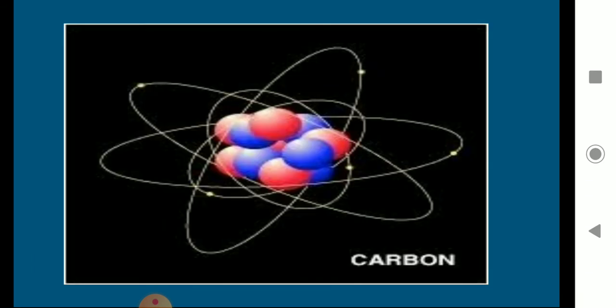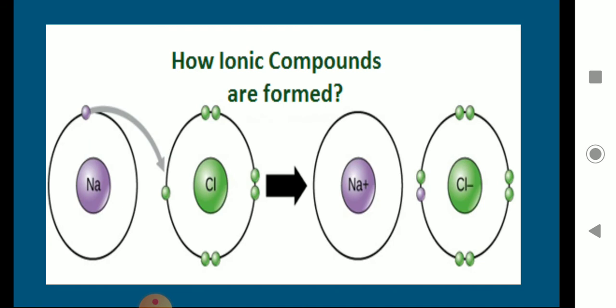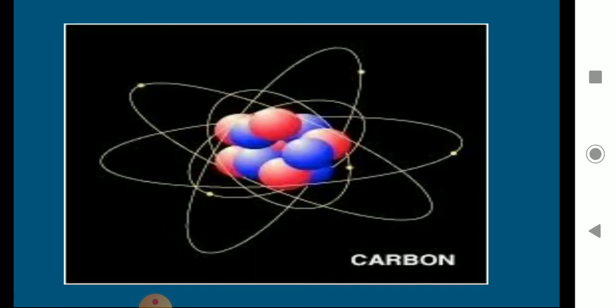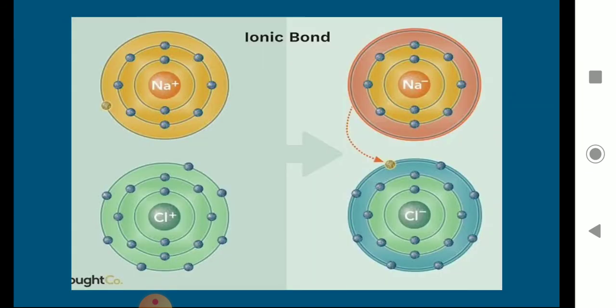Now this is a carbon atom, to show how the electrons are surrounding it. You could see it is a three-dimensional structure. The other structure here is two-dimensional, where you cannot show the rings around. This one is three-dimensional, where the electrons are moving around the nucleus, and inside the nucleus there are protons and neutrons. Inside, at the center, you could see red and blue color.